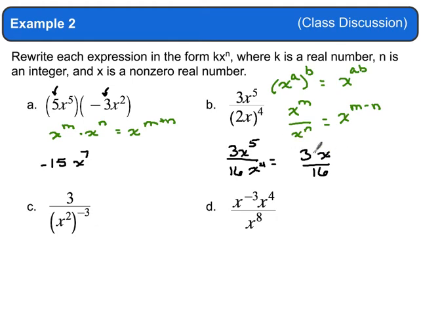And so now for the next rule, again, we have 2 rules occurring in this example. We've got a power raised to a power, so we'll emphasize that one. So one of the rules is we have a power raised to a power, which means we just take those 2 powers and multiply. And then we have a case where we have a negative exponent. So if we have a negative exponent, the rule that applies, whether it's in the numerator or denominator,